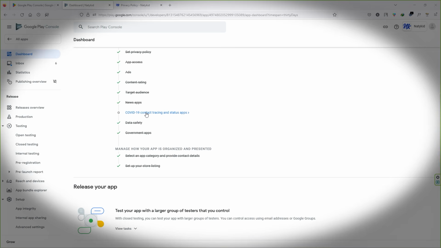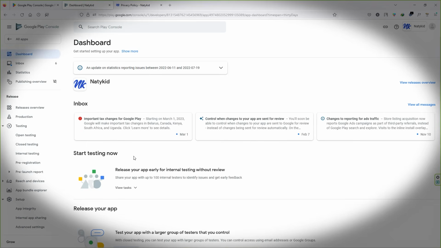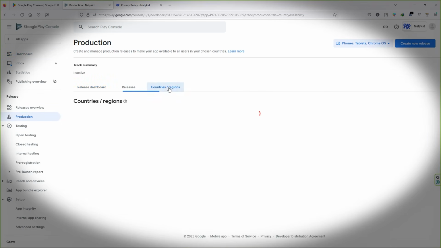but we are left with this COVID-19 contact tracing and status app. Let's complete this task as well. So I think I'll have to go with the third option. My app is not a publicly available COVID-19 contact tracing or status app, and click on save and go back to the dashboard. And now let's click on the production button and click on the countries tab and click on the